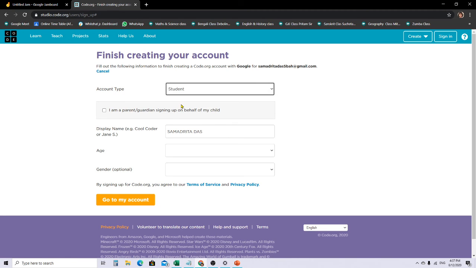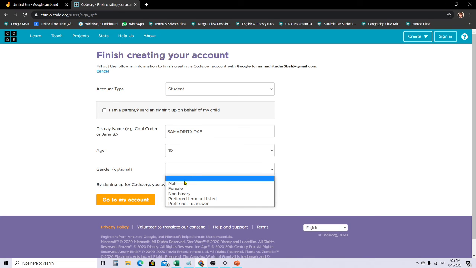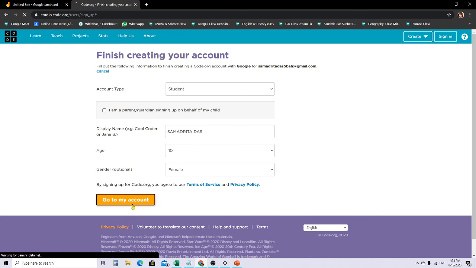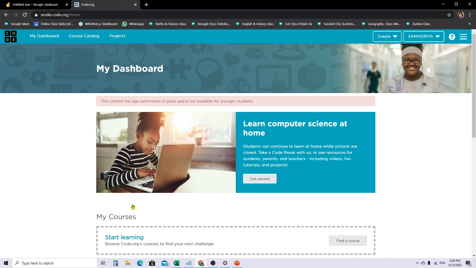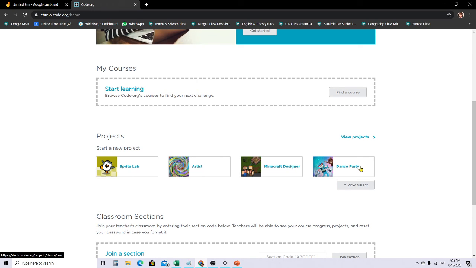Go for student. If you are a student, go for student. And if I'm a parent or guardian signing up on behalf of my child, you can do this also. Age, choose your age, whatever age you have. Gender, this is optional, and then go to my account. This is very simple. This is your dashboard. One more thing, this is not linked to giving any money.